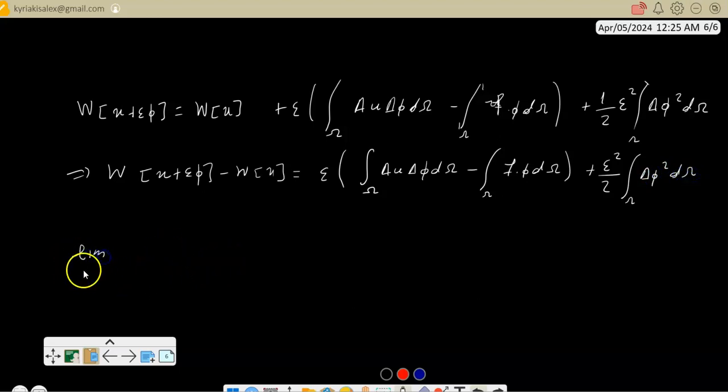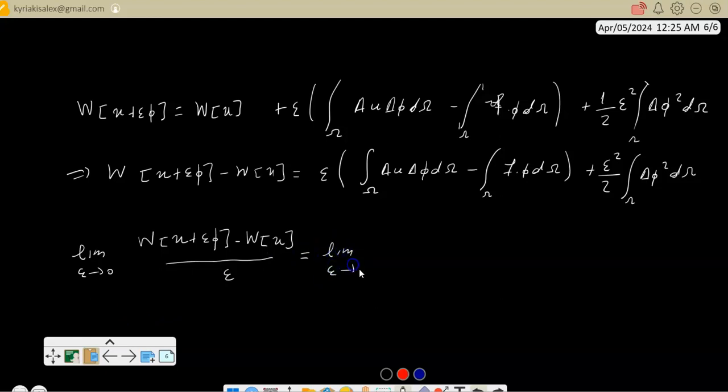Now I take the limit as epsilon goes to 0 of this difference of the functionals minus W of u divided by epsilon. In the numerator, I have this, and I divide by epsilon and take the limit of epsilon going to 0, which means that this term vanishes, and I only have